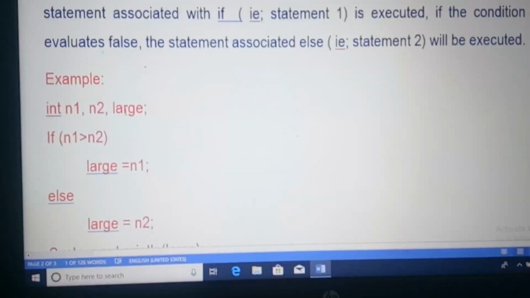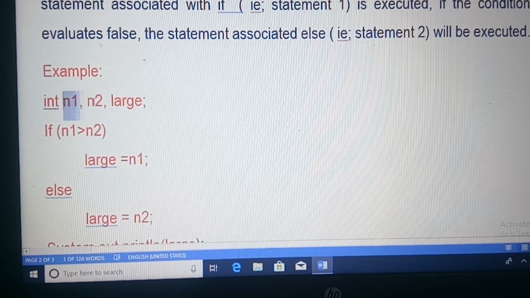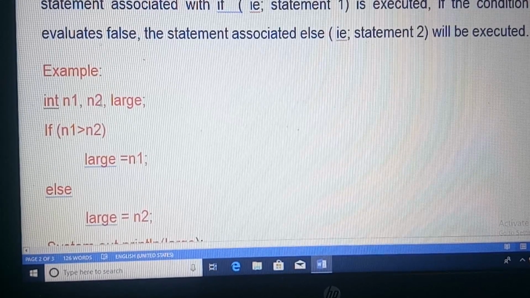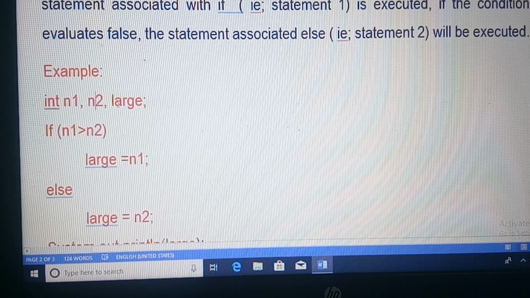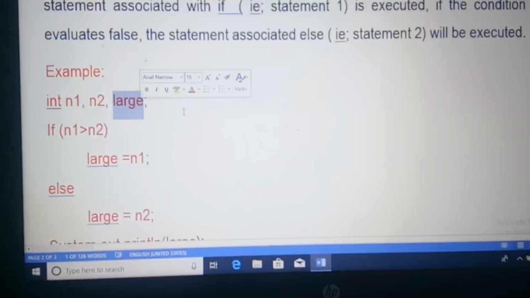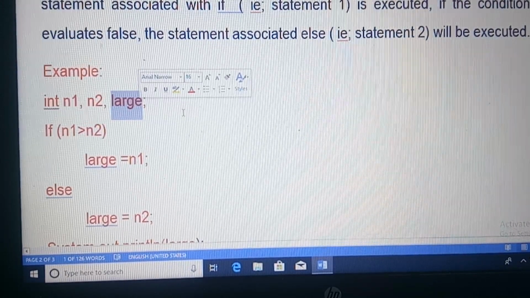We see an example here. We define three variables n1, n2 and large. The variables n1 and n2 are for storing any two numbers, and the variable large is for storing the larger number.